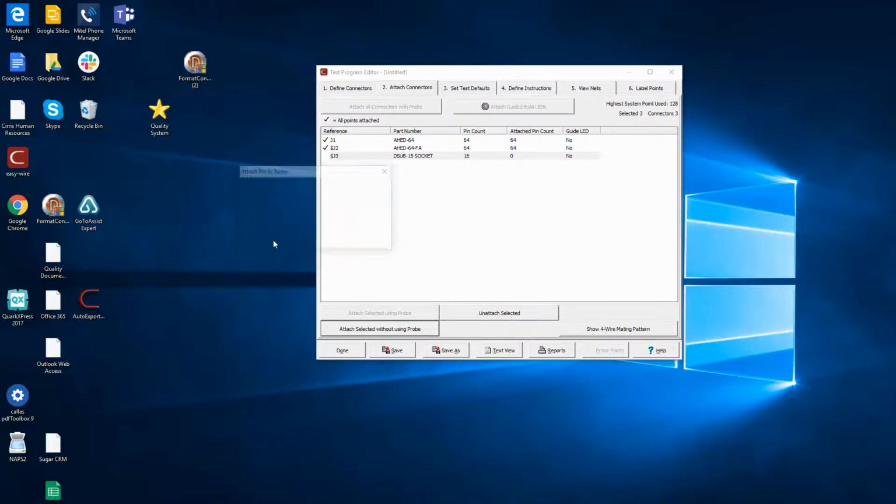And I can just click through this to give me all 15 points plus the shell. So that attached is a step that's also necessary. Now, in your circumstance, if you want to import instructions and you just want to use the connectors that are on the front of the CR tester as the default, which is the AHED-64, we can go back here to